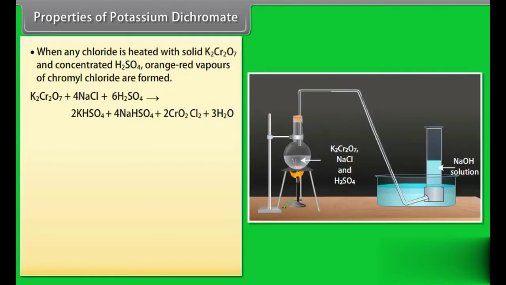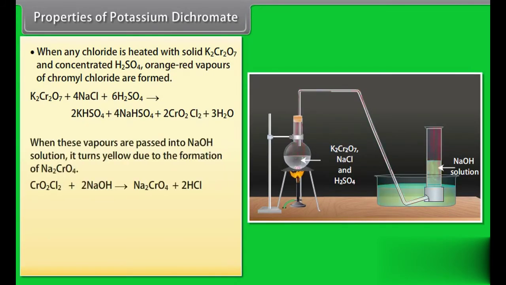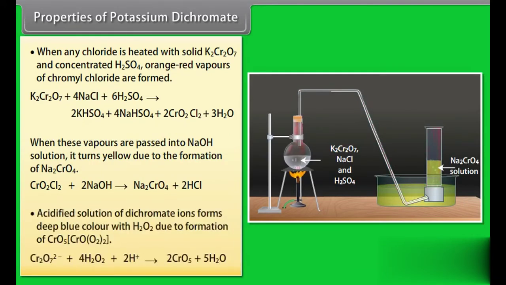When any chloride is heated with solid K2Cr2O7 and concentrated H2SO4, orange-red vapors of chromyl chloride are formed. When these vapors are passed into NaOH solution, it turns yellow due to the formation of Na2CrO4. An acidified solution of dichromate ions forms a deep blue color with H2O2 due to formation of CrO5,